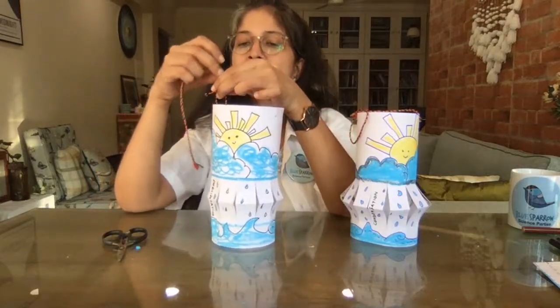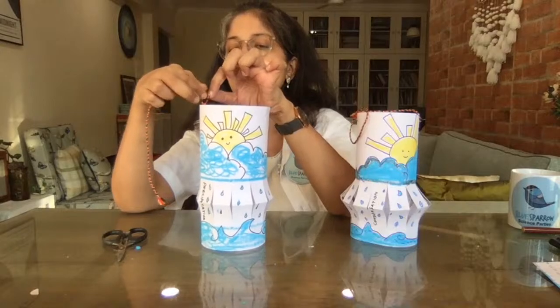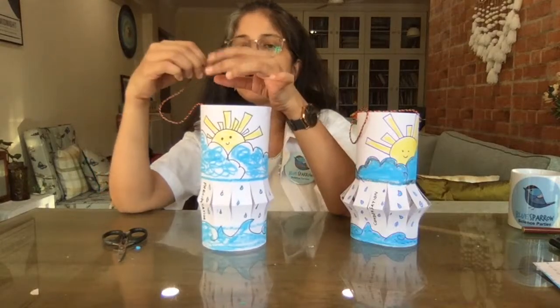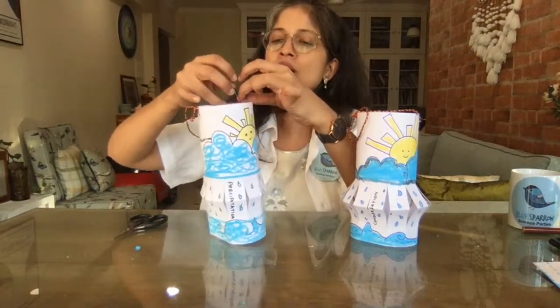So somebody was asking while we were making the ball blower how to make a straw. So you can make a straw by newspaper strip. There are very nice tutorials online on how to make a straw, and I get this question quite a lot. So use newspaper, make strips out of it, diagonally stick it to a